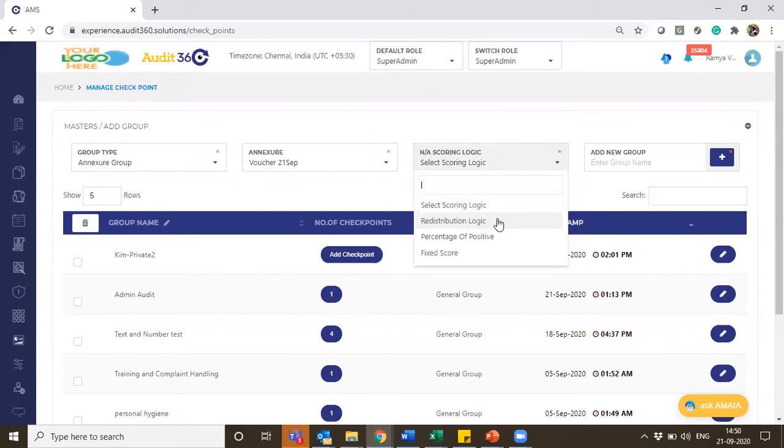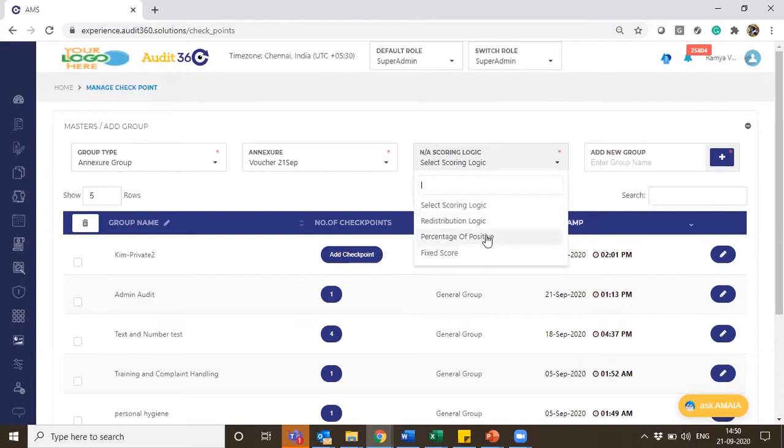In those cases, in redistribution logic, if all the checkpoints under the group are marked as NA, then the group score, which has been defined as the audit score, your total score, gets deducted from the denominator score of the total score, so that the compliance percentage doesn't get impacted. Because there are checkpoints which are not applicable for an auditee, we cannot get them penalized. So if they want to choose this as a logic, the redistribution logic can be taken.